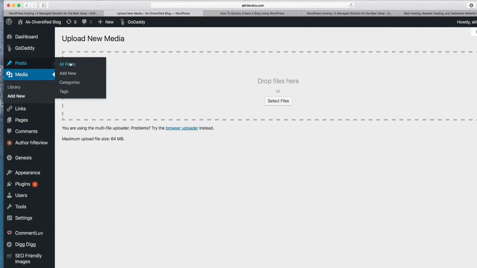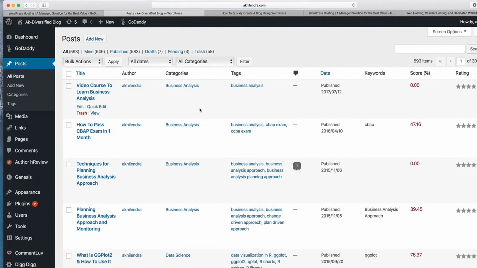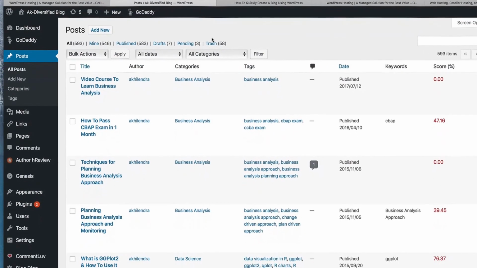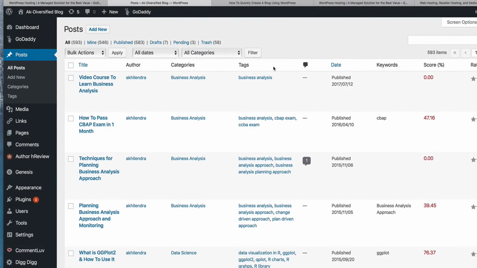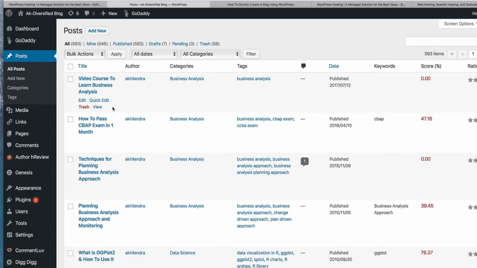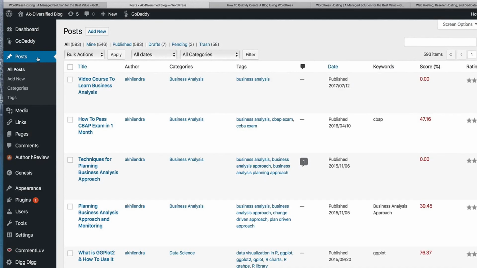But first thing is this page here. In my case you have many posts, but normally to begin with this area will be blank with just some sample post. This will have, I guess, one post which will show you the sample post, but other than that there won't be anything.